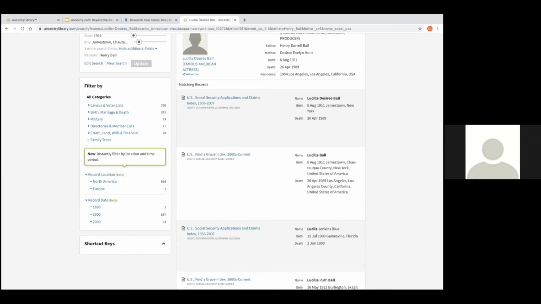So maybe just think about that for a second. And really, when we're looking at records, usually the better one is going to be the one that was created more closely to the event. The ones that are further removed from the event may not be as accurate. And we're also looking at things called primary resources, and then you have secondary resources. So for instance, a birth record would be a primary resource, and it was created right at the birth of a person, usually.